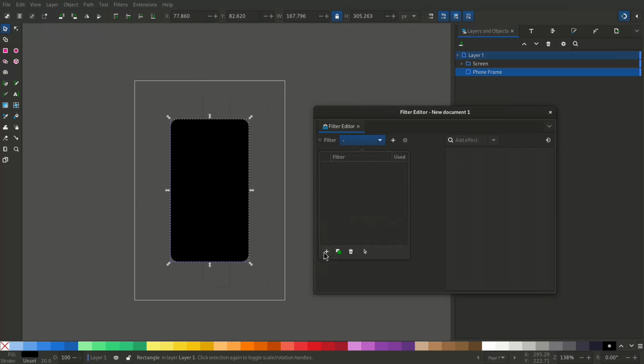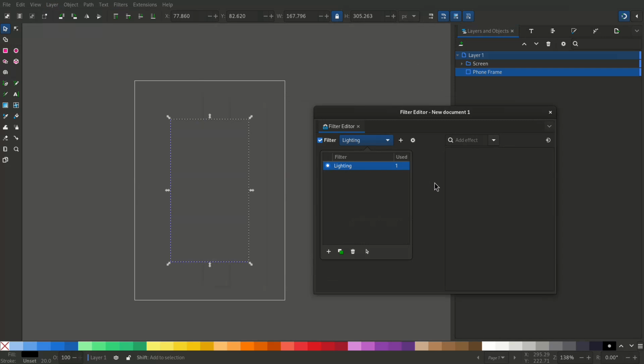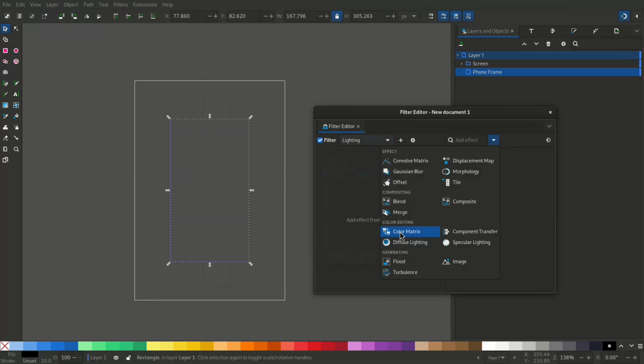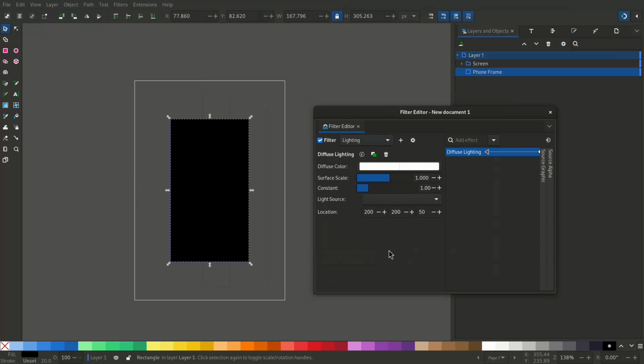What you can do is you can add a filter. Let's rename it lighting and then apply. We don't have any effects, so it just shows as this. Go to effect and create a diffuse lighting and give it a point light. Now you can see there's a point light